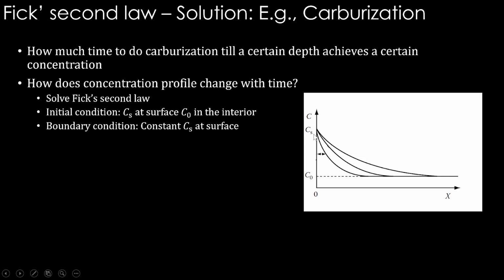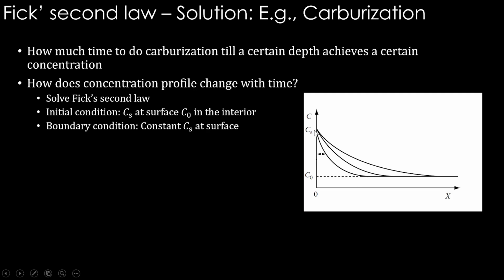Carbon concentration at the surface is CS, because very high carbon is available only at the surface. With respect to time, you can see that initially it is like a step profile. At the surface it is CS, then as the material starts, the concentration drops to C0 and is constant throughout. That is the initial starting time. Then with respect to time, this first curve is drawn.